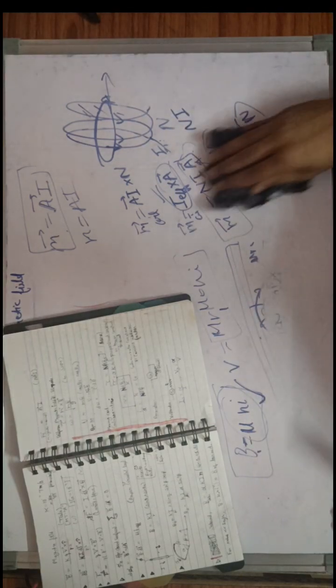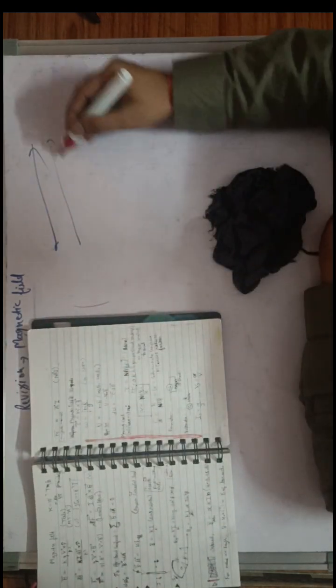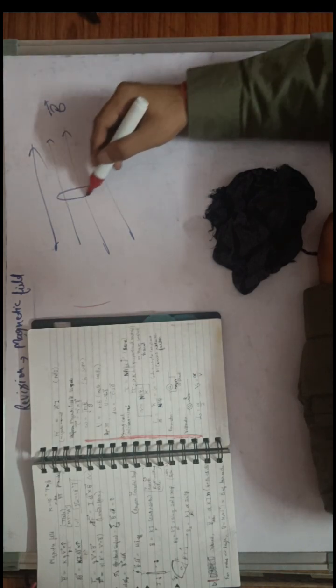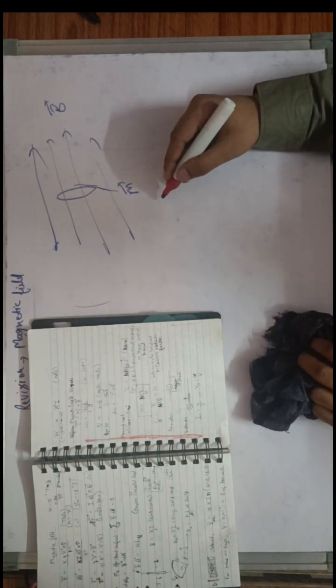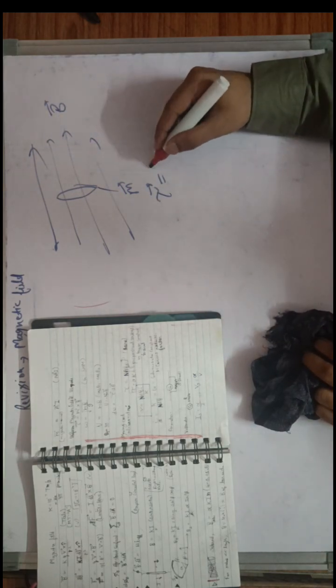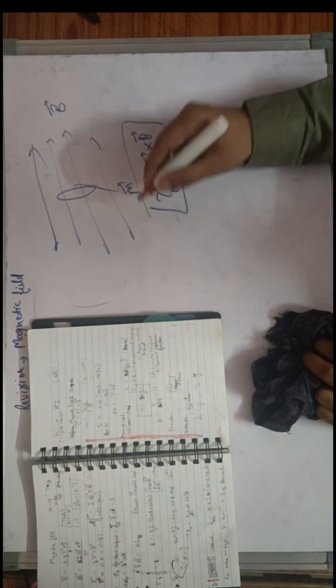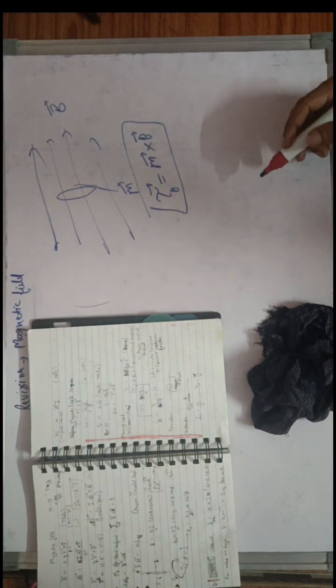And just like in the case of torque acting on an electric dipole moment in a uniform electric field, if there is a uniform magnetic field B, and a magnetic moment, let's say M, is placed in this magnetic field, then the torque acting on the magnetic moment is given by M cross B. This is due to the magnetic field. The torque acting on the magnetic moment due to this magnetic field B is M cross B, and the potential energy equation